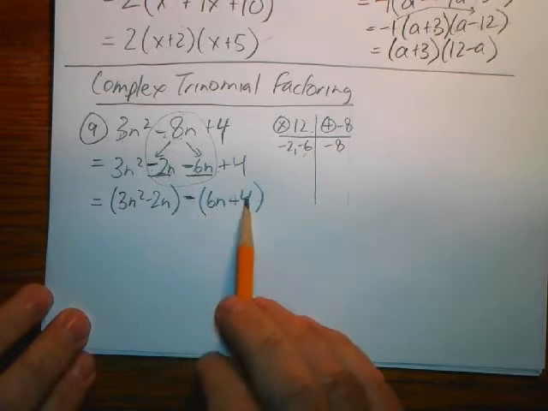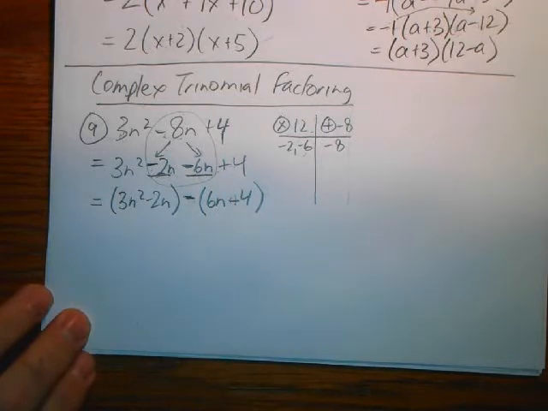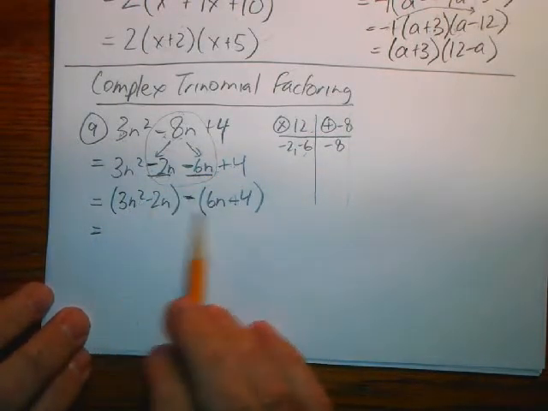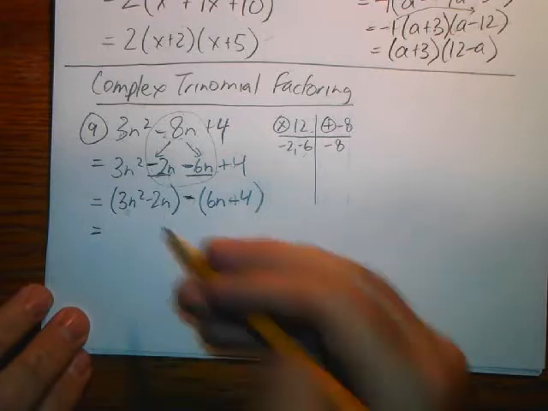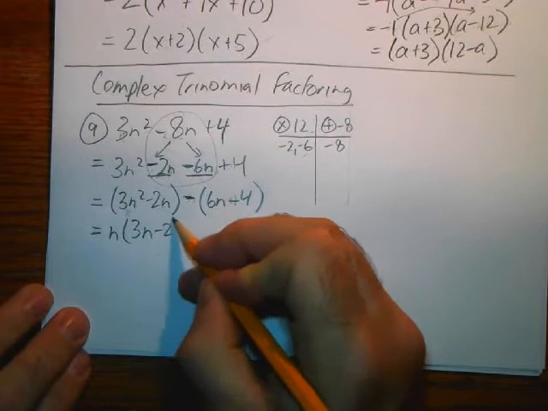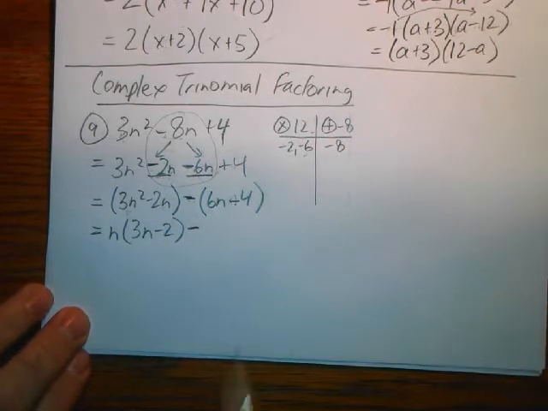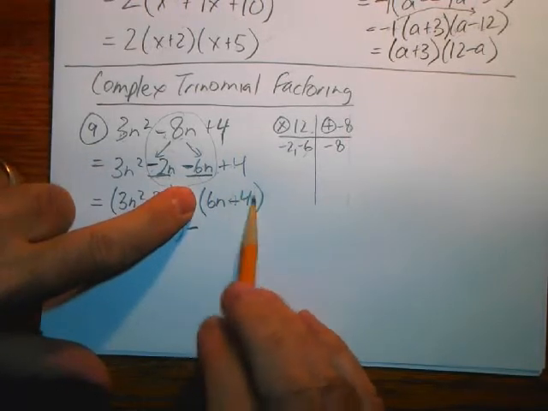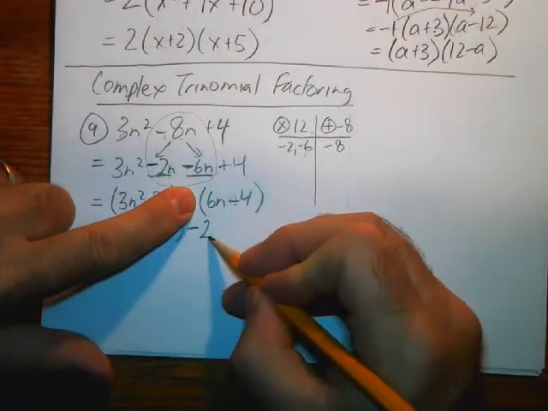So now that we've done that, we've grouped it. Now we factor the two groups. You take the largest common factor out of the first group. That will be an n. And then when I factor the n out, I get 3n minus 2. All right, now I'm going to just automatically put the minus sign there, and then just look at this and say, what can I factor out of 6n plus 4? I can factor a 2 out of that. Okay, so when I factor a 2 out of that, I get 3n